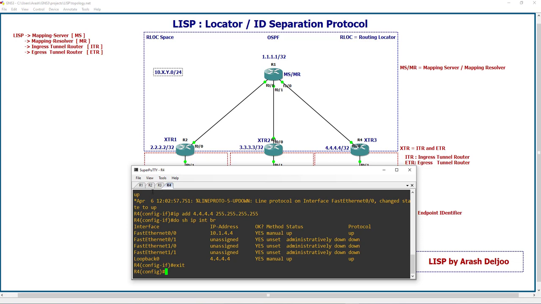Let me configure static routing, but I'm not going to use the default route. It's better to use normal static routes. In the process of LISP, we need only connectivity between the loopback interfaces. Because of that, finally we should